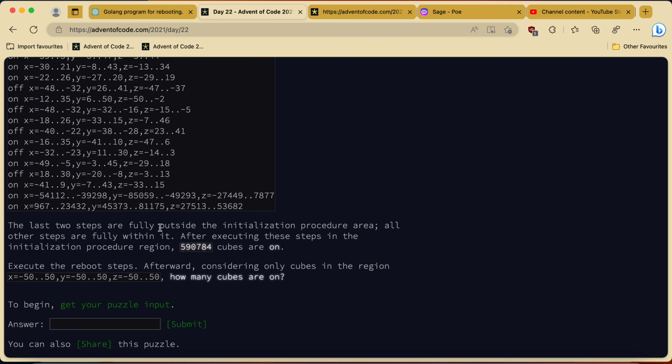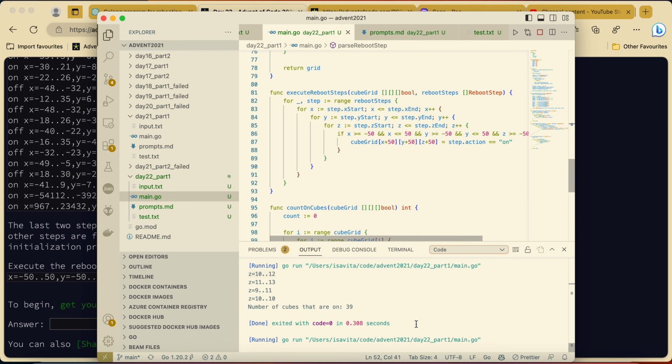The last two steps are fully outside the initialization procedure area. All other steps are fully in. After executing these steps,